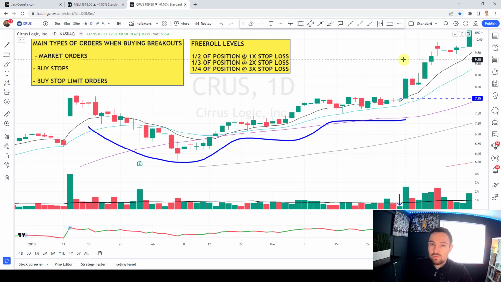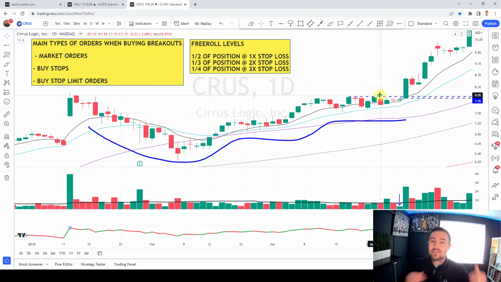So okay, now we've got to identify where you are looking to enter. So for me, I invariably use the high of the trigger bar. So when I'm then looking for an entry, I'm looking for it around $7.95. I do not need to wait necessarily until $8. Now because there's only 5 cents between that, you could do that, but invariably I like to use the high